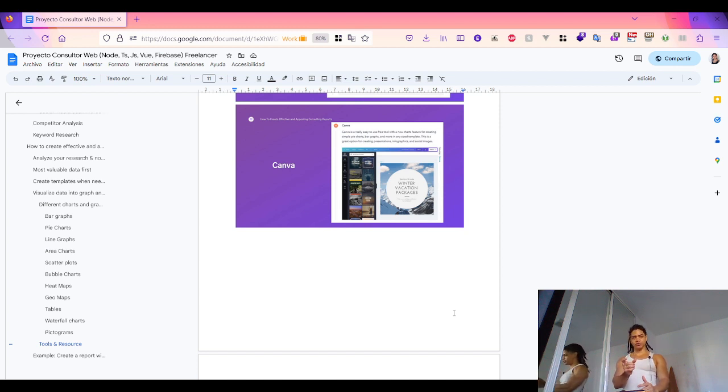Then I conduct research on e-commerce to understand what an e-commerce is, the types of e-commerce, and its examples. Then I conduct a competitor analysis. So once I gather all of that data and conduct the research, I look at how to create visually engaging presentations, because displaying data with charts and statistics